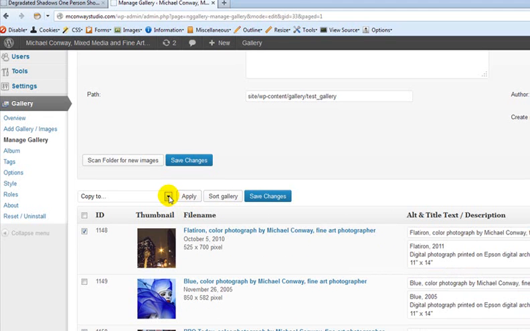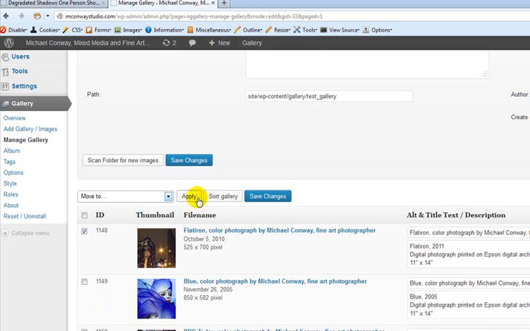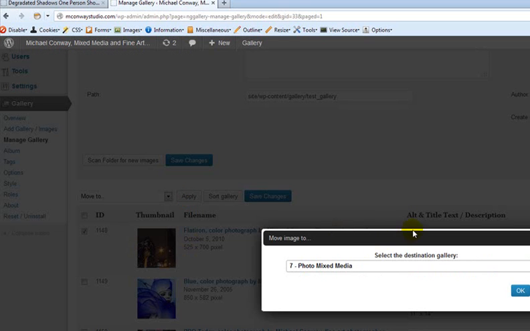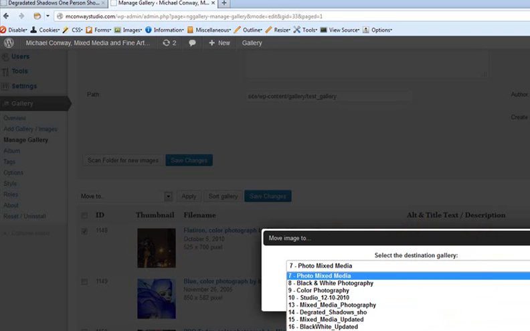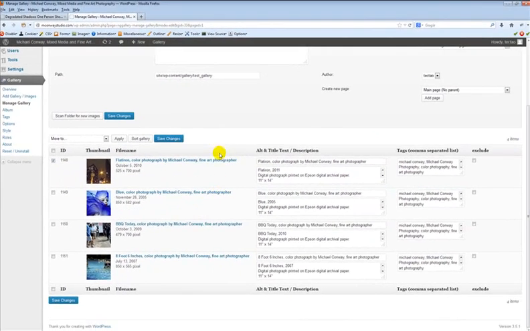Or I could move this image. If I didn't like it in this particular gallery, I could move it and click Apply. It's going to ask me where I want to move this image to. I'd select the particular gallery, and then that's taken care of. So that gives you a pretty good idea of what it takes to get the image uploaded, and